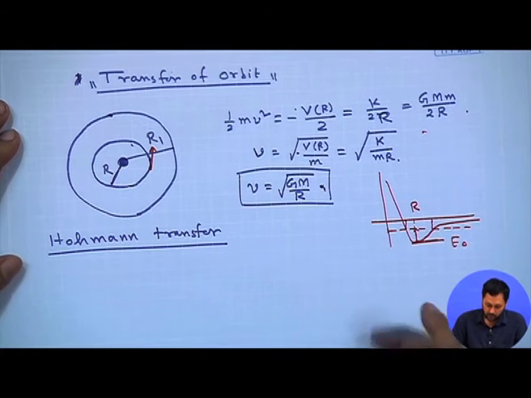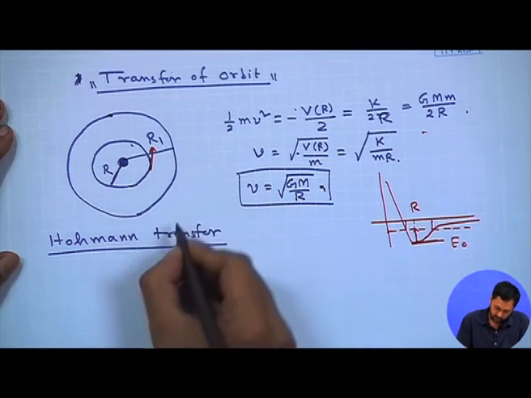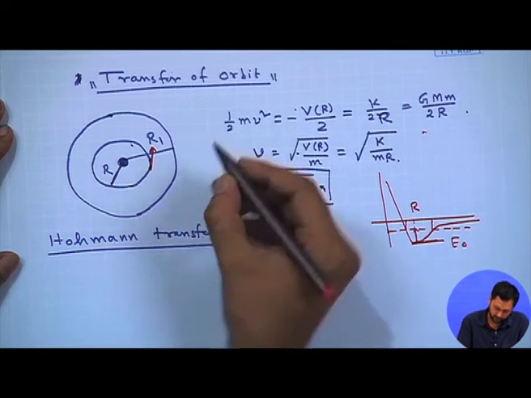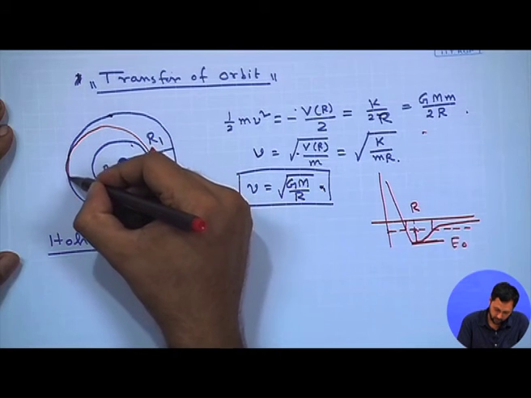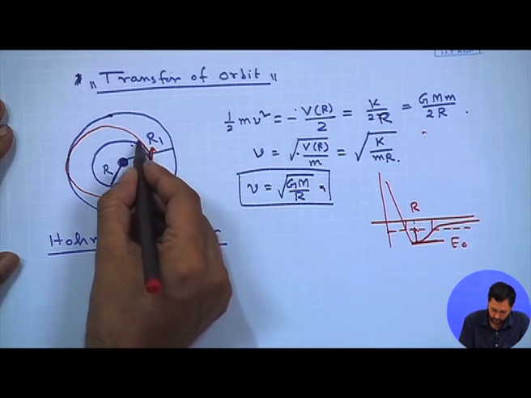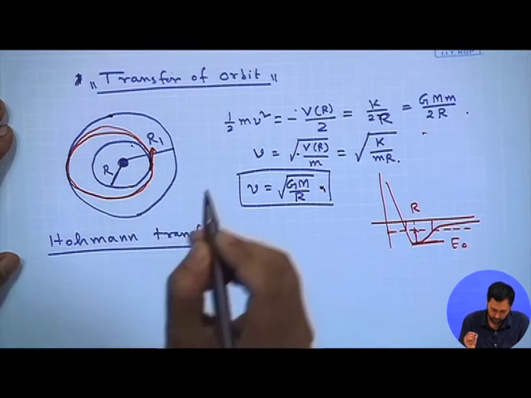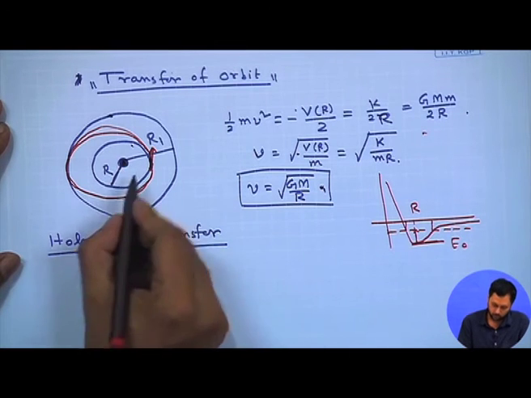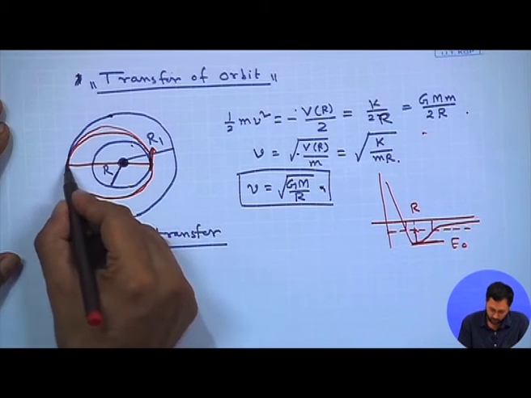Now, in Hohmann transfer, what is done typically is the velocity of this additional thrust is adjusted such that the ellipse is drawn something like in this manner. Okay. So, this is an ellipse. Sorry, this is not a very clear picture. Okay. So, this is the force center as we know. This is my perigee distance and this is my apogee distance.